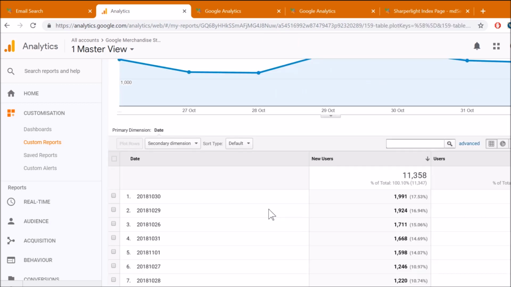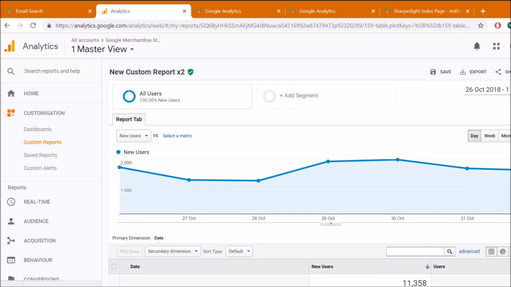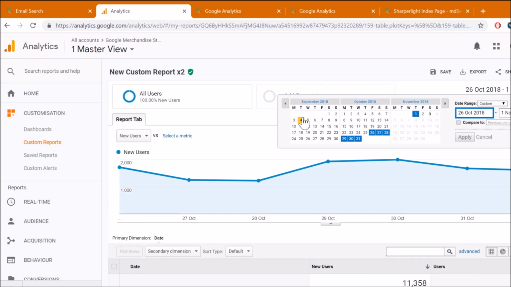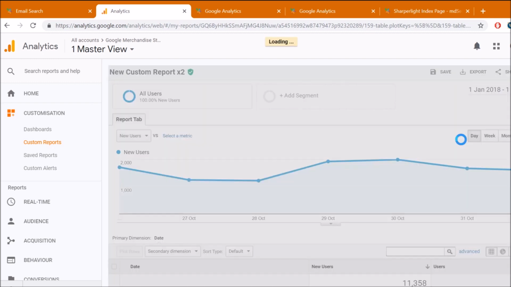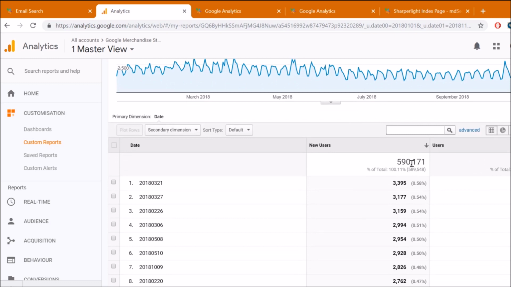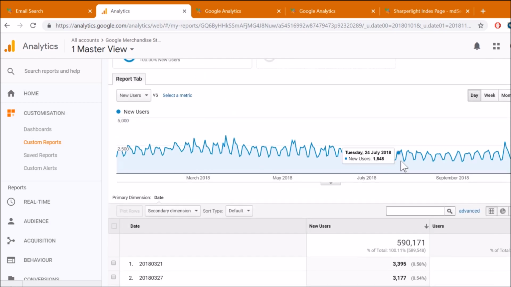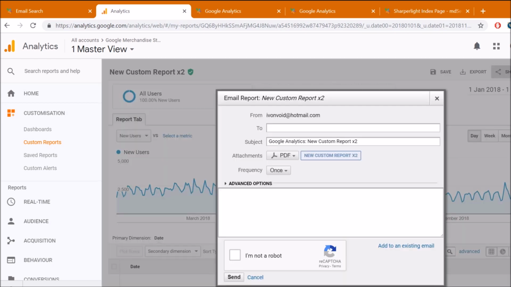Now to get a good snapshot of historical data, what I recommend you do is come up to the date range and we can go to the beginning of the year and apply that, and then from the show rows drop down box select 5000, so we get a nice big data set. And then the next step is to come across to share,